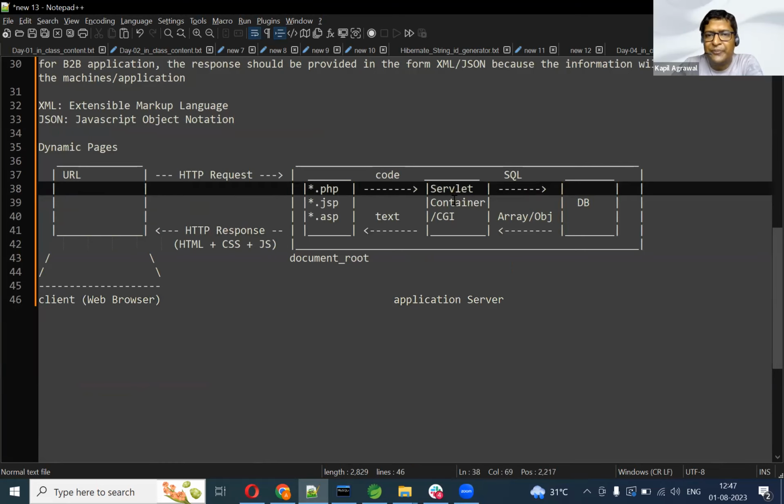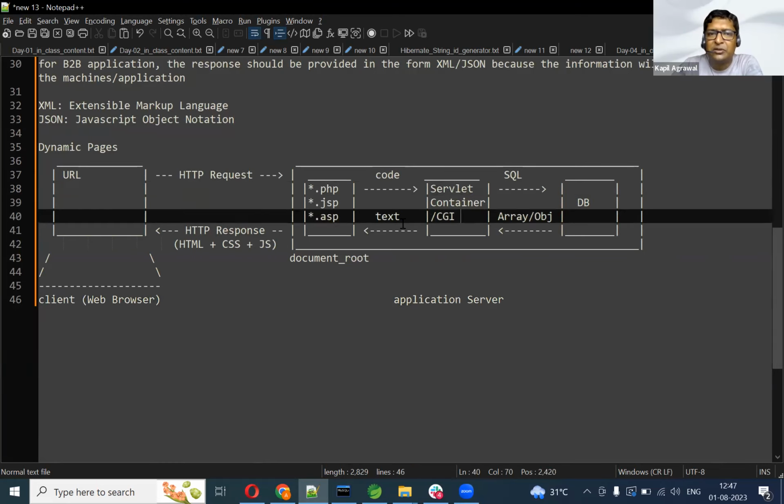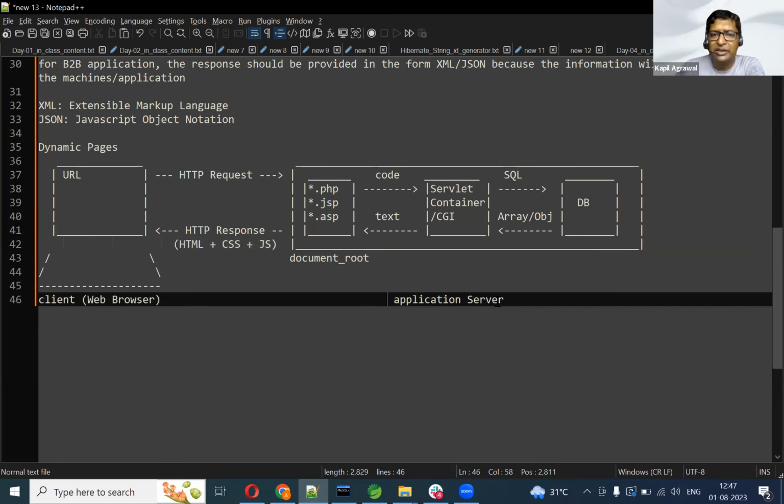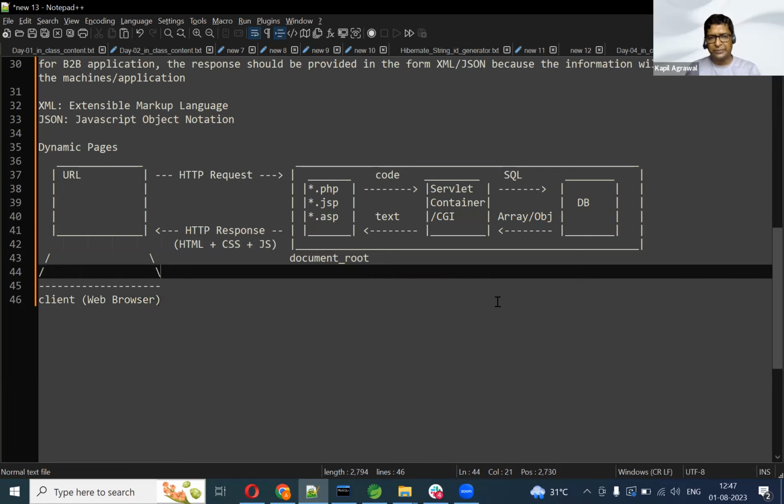Actually, everybody, here what you are doing is that your servlet container is converting your response into text. The text is getting integrated into the HTML, and thereafter you are getting the response in the form of HTML, CSS, and JavaScript. This is what you are getting. But now you have to do some minor changes. And after doing some minor changes, ultimately, if you want to provide the response in the form of JSON,